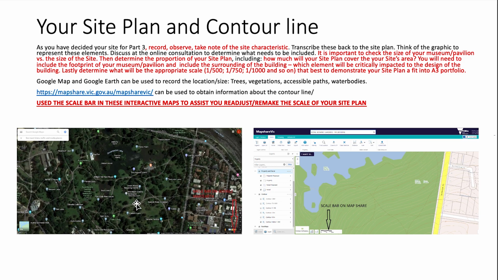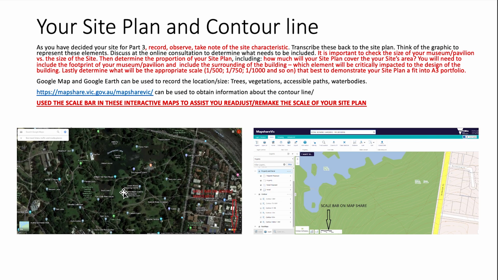Google Earth will do that trick quite well. And with that, you can check the scale bar on the bottom right of the Google map. That scale bar will assist you when you need to enlarge these site plans back into your